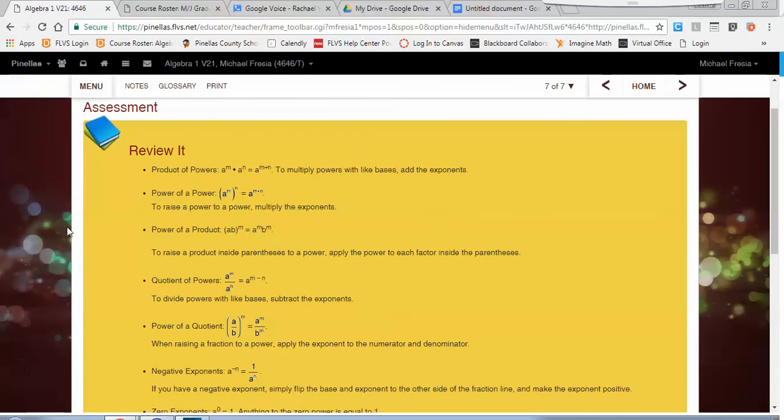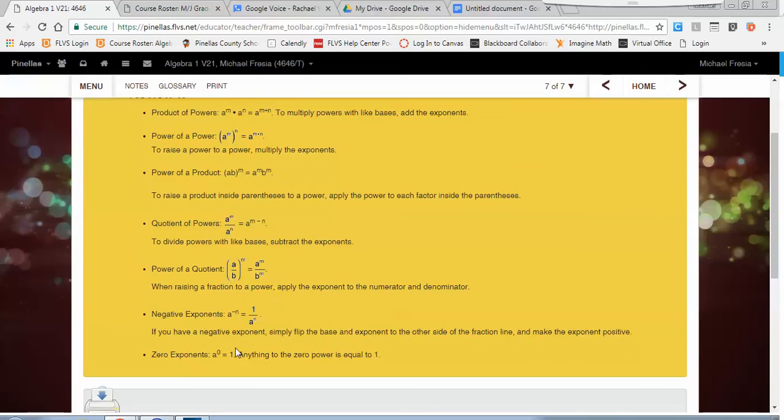And here we have the product powers, that when we raise a power to a power, we multiply them. When we do a multiplication of two like terms, we add the exponents. When we divide, we subtract them. So many of these things